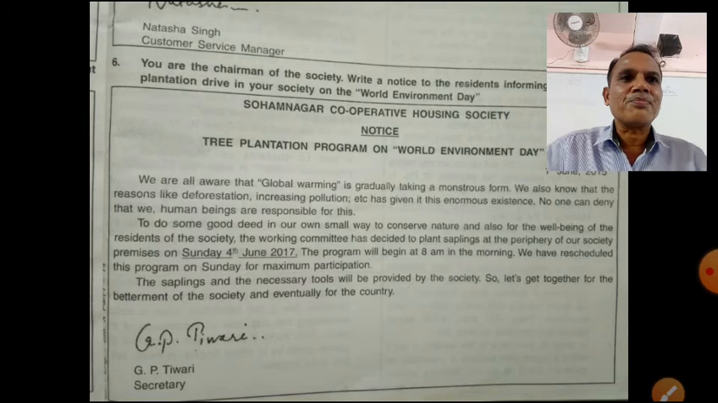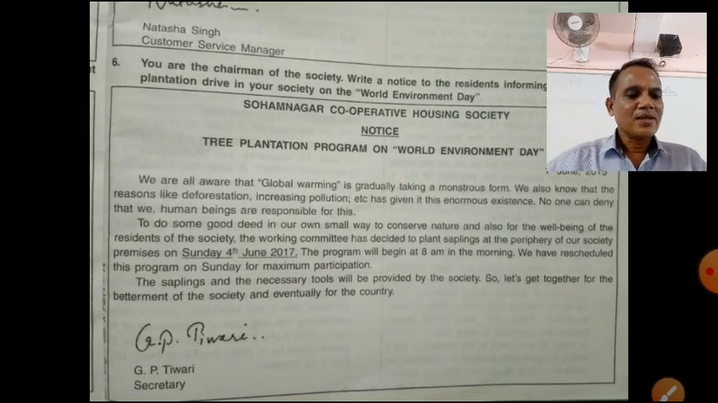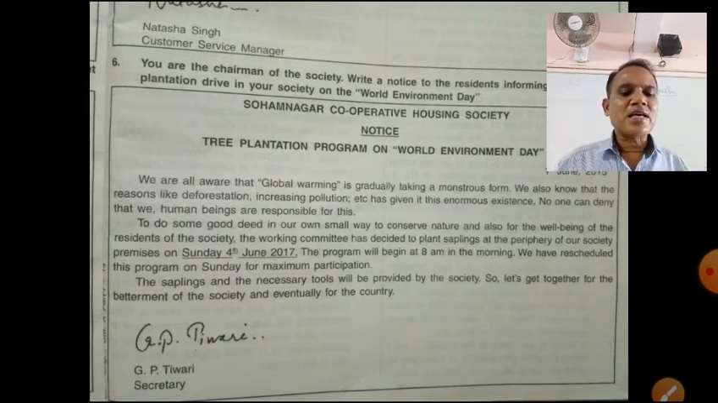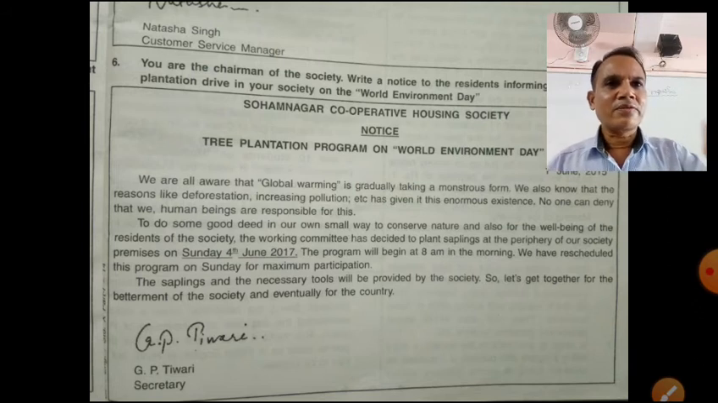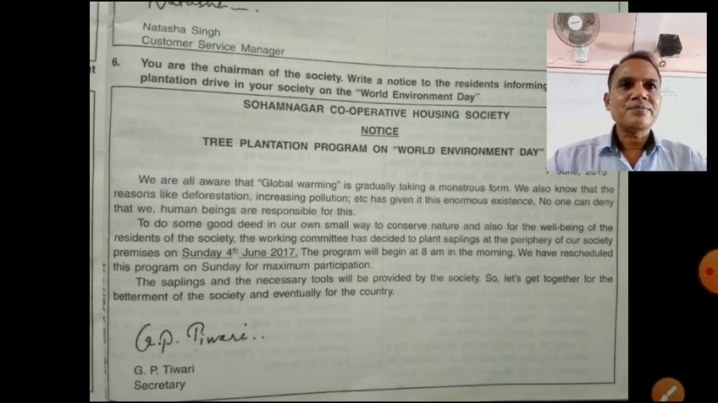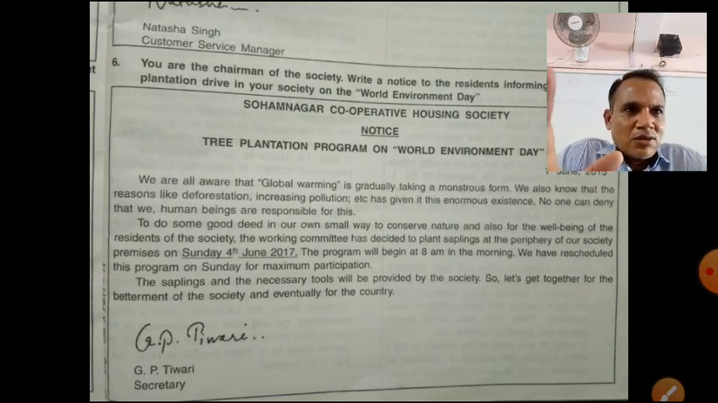Here it is the another example of the notice writing. This one, it is written in the paragraph, and the question is that you are the chairman of the society. Chairman is the designation, and the name of institution, it is a society. Write a notice to the residents informing about the tree plantation drive in your society on the World Environment Day. The first one, we make a box from this side, it is already made here. Then at the center of the box,